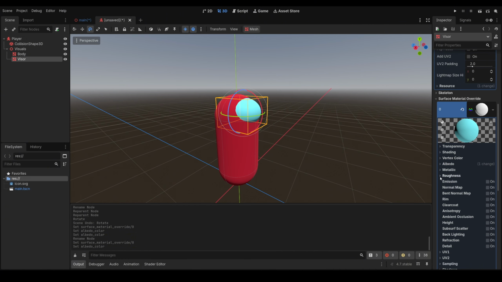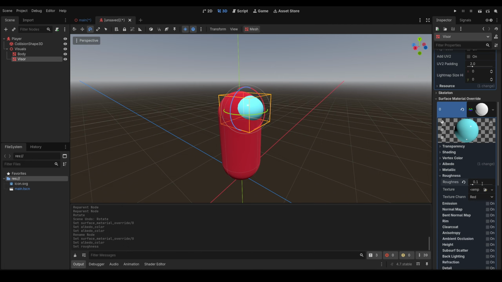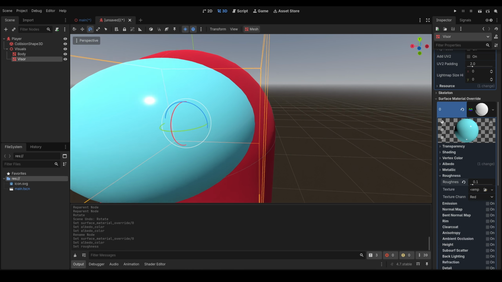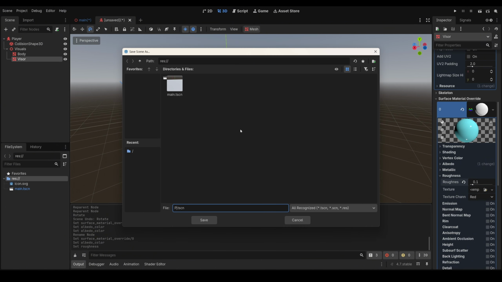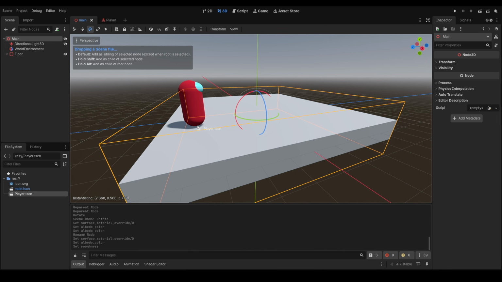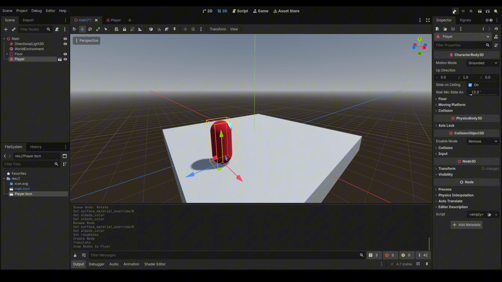And maybe I'm just gonna make it look like glass. I'm just gonna pull this down to 0.1, and now you can see the sun is also reflecting off the visor. So let's save this scene as player, and then if you go back to our world, we can now put our player in this scene. And if I press play,